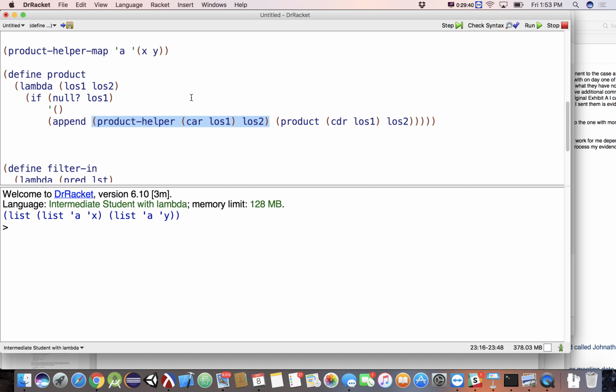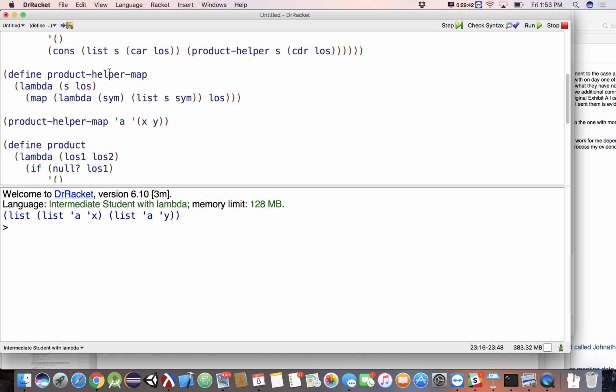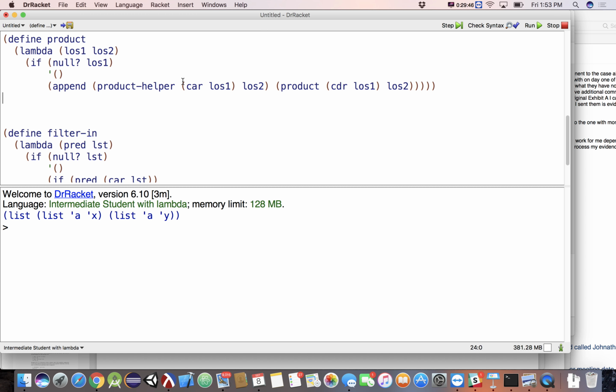Oh, okay. What you did is you wrote this helper as a lambda. Yeah, so what she did is this. That helper, there's that symbol going to the helper. Here's the list of symbols. So what she did is she mapped a lambda that took a sim onto my, what was it, LOS2?